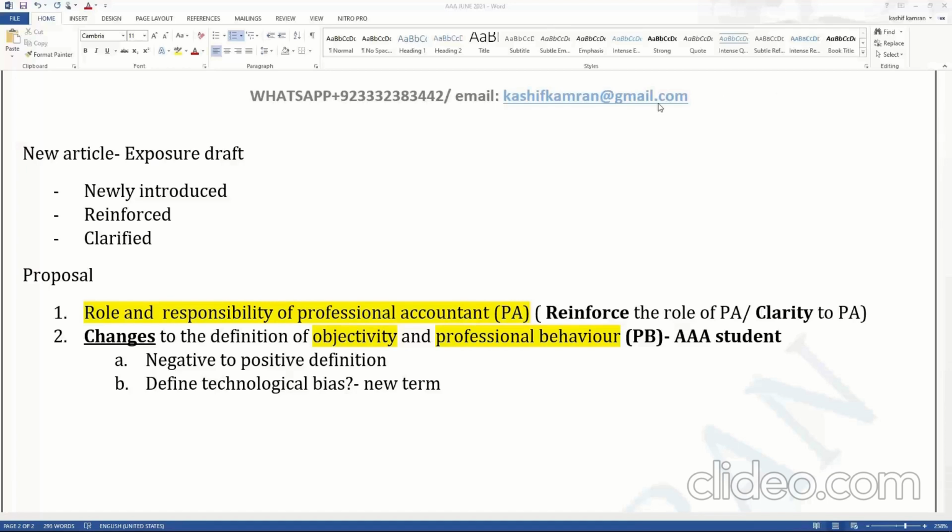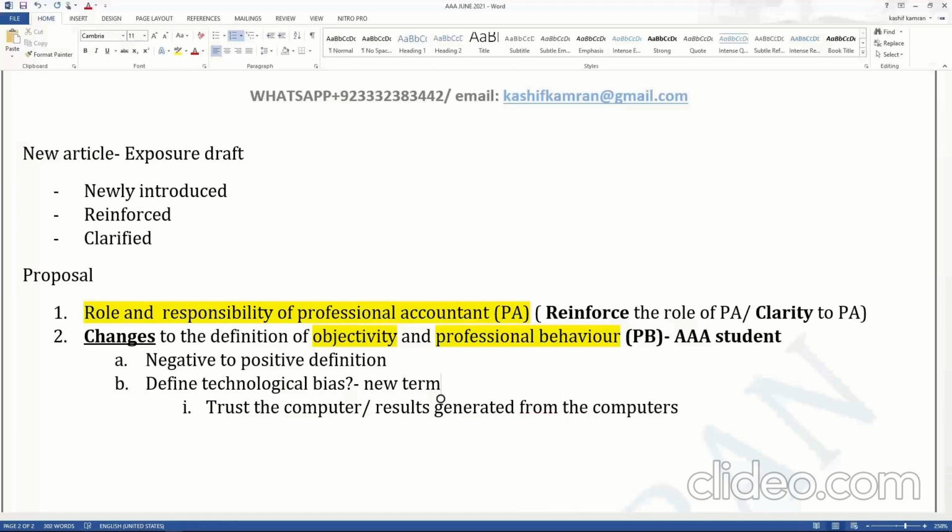Now, what is a technological bias, right? Try to understand. Technological bias is basically that the auditor gets influenced by technology and starts believing that whatever results have been produced by a computer system or computer program is right, and he starts to trust the computer. More and more computers are being used in organizations, and most of the financial statements and everything is being produced from computer systems. So if you trust the results generated from the computers,